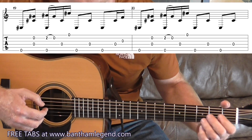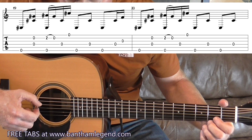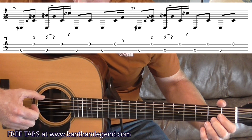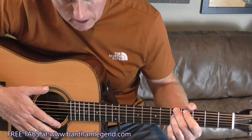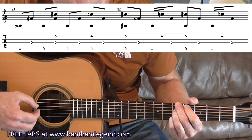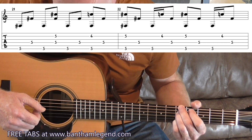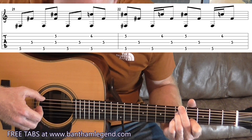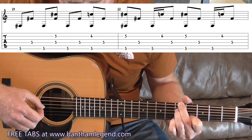So I'll do it nice and slowly. And then we go back to that 5th bar position, and it's a slight variation on what you played for bars 17 and 18. So this time we're playing 6, 4, 6, 4 and 2, fretting on the 5th fret with your little finger, 6, 4, 6 and 2, 4th fret index, 4th string, and then little finger back on